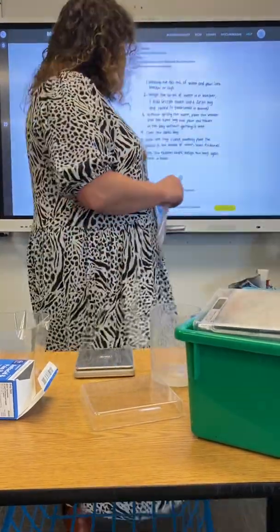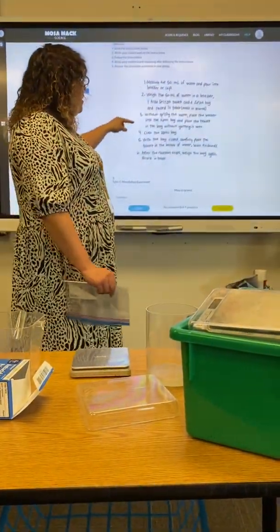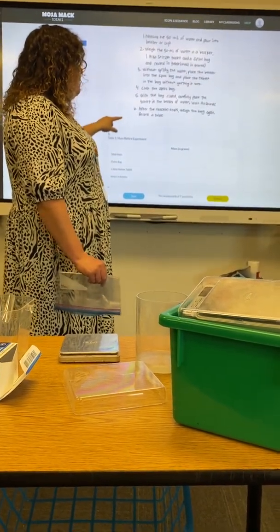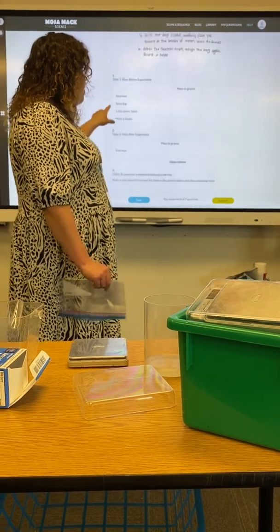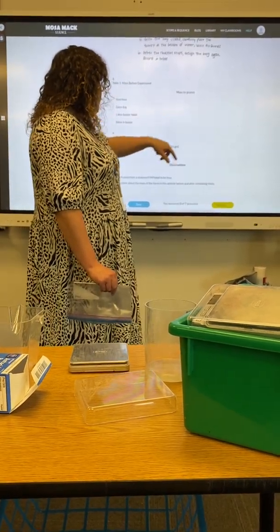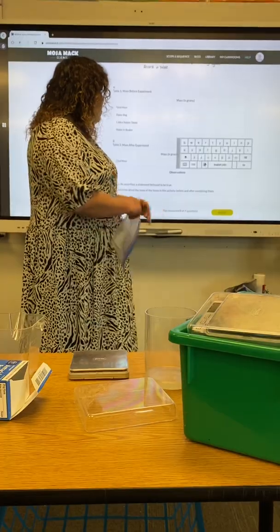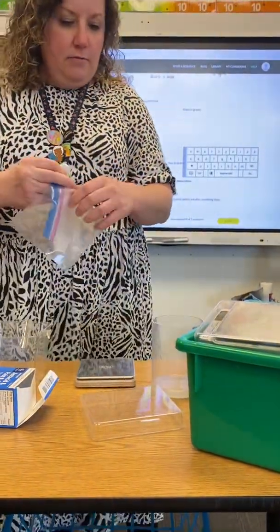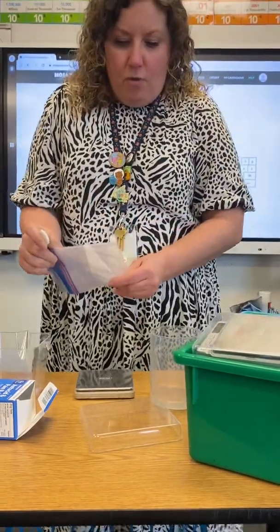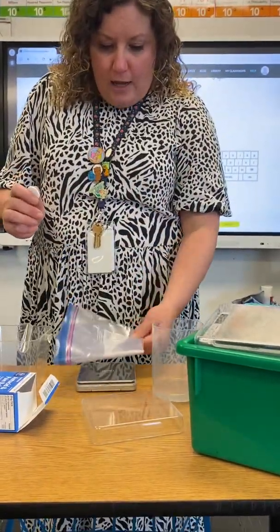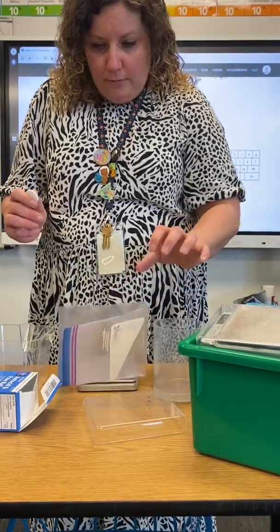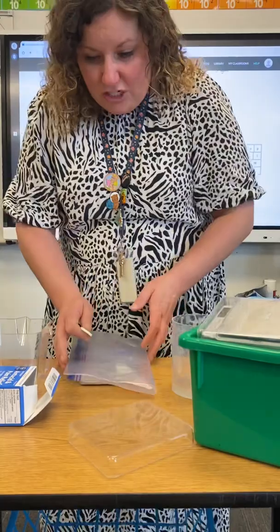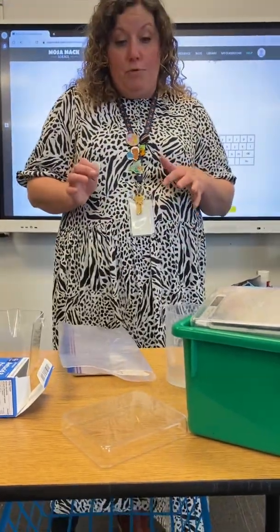So first things first, we've already measured out 50 milliliters of water. We're going to weigh that water, then we're going to weigh all the rest of the stuff to see how much it is together. So I'm going to click on here. The Ziploc bag, we'll do that first. You have to have a big one for this because it's got to hold 50 milliliters of water. So I have my gram scale. I'm going to put it on there. You have to try and have it so it's not touching anything, because that might mess up the weight.